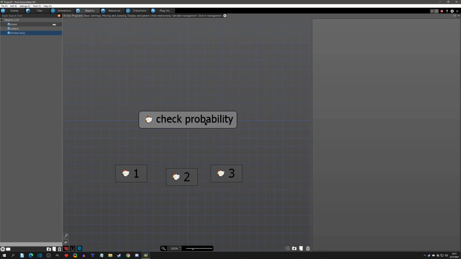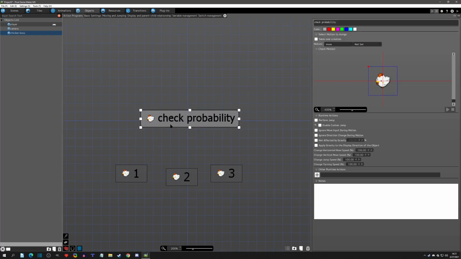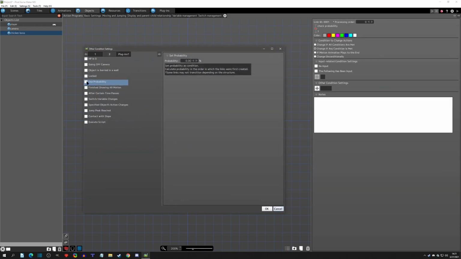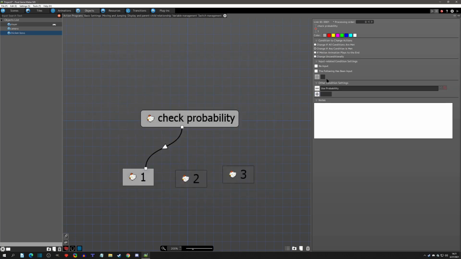All right, so for a probability check, let's just say that this is your action that will check the probability, and then these are your three things that can happen. Basically, you would add the link and go to use probability, and then whatever the probability would be. Say that you have a 30-30-30 split, or I guess it would actually be a 33-33-33. And so you would need each link